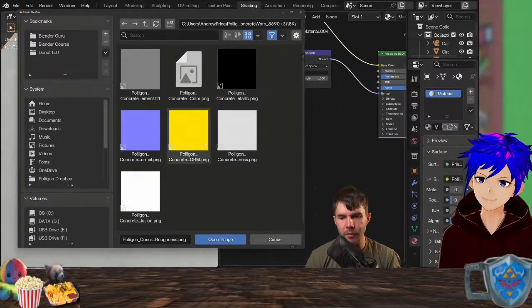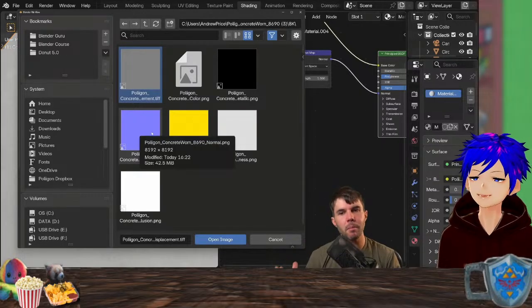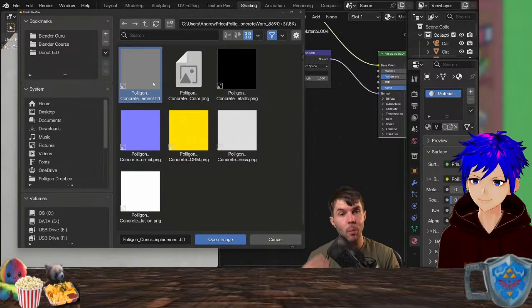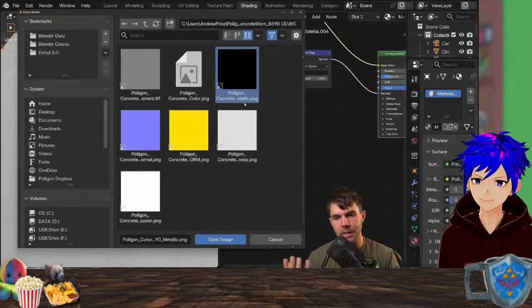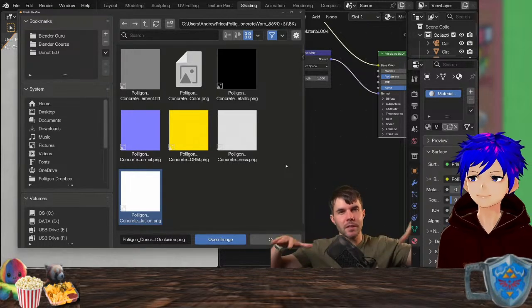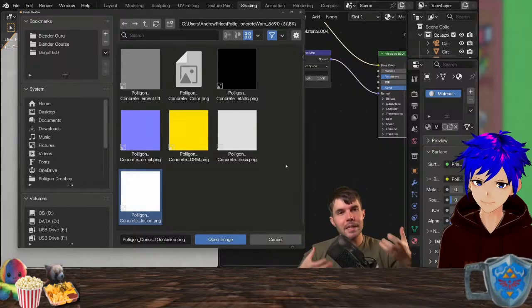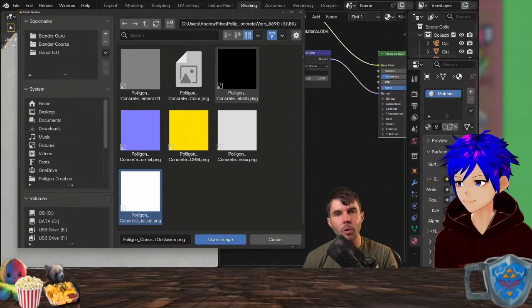Now, the other maps here, by the way, if you're curious, this yellow one, ORM, we don't use that in Blender. That's used by game engines. Polygon provides them because we serve all the different renderers and software out there. Displacement is a different method than normal map. We're actually going to use that on the donut. Metallic is if the material contains metal. That's the only time you would use that. And then the other one is the occlusion map, an ambient occlusion map. That's if there are deep crevices, like a pebble pathway or something like that. This is the actual shadows that collect inside of crevices. But we don't need that.